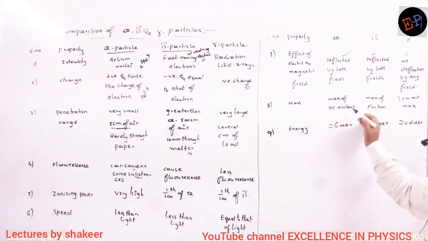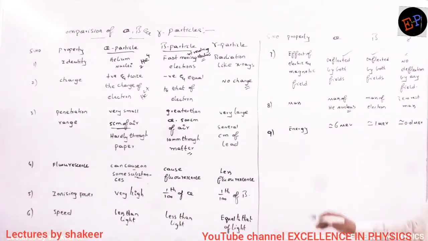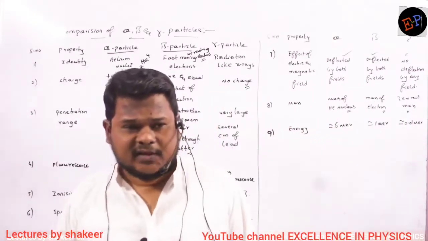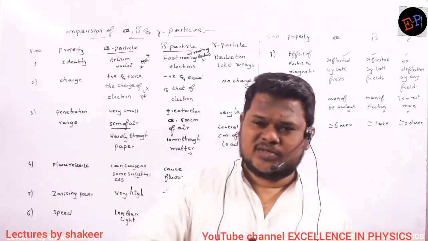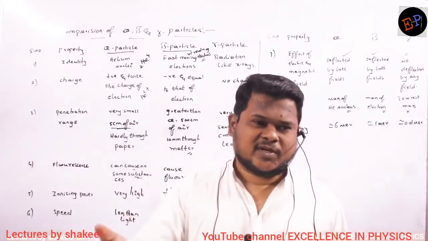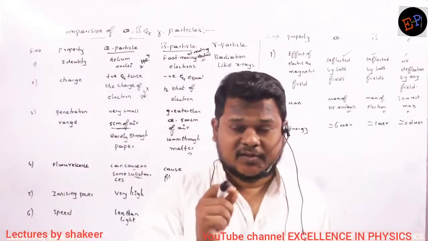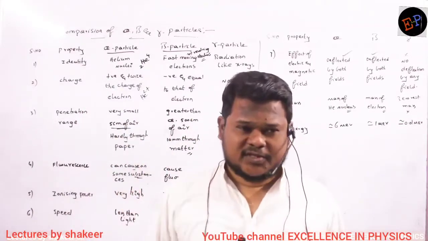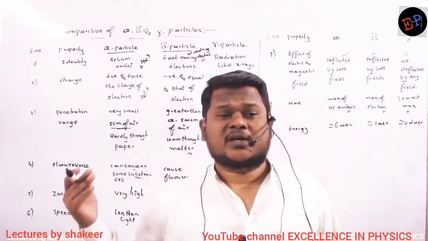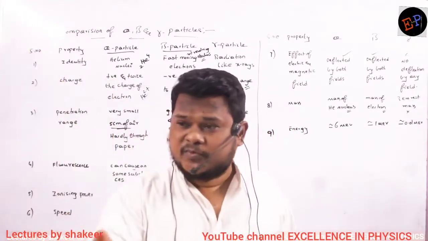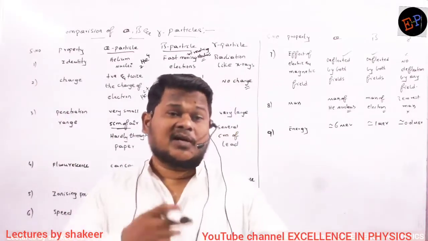Next, mass. Mass of alpha is exactly equal to mass of helium nucleus, because alpha particle is nothing but helium nucleus, and beta is exactly electron, so mass of electron, and gamma doesn't have any rest mass. Photon does not have any rest mass. Photon cannot be in rest position, first of all. Radiation is made up of photons, according to Planck's quantum theory. Total radiation is made up of photons, and photons cannot be in rest position. So zero rest mass. But when they are in movement, they have momentum. No? When light energy is moving, it has momentum, and when it has momentum, it has